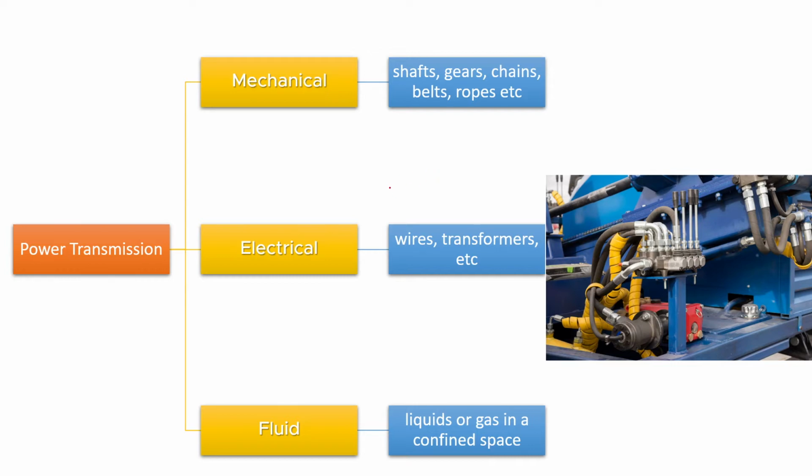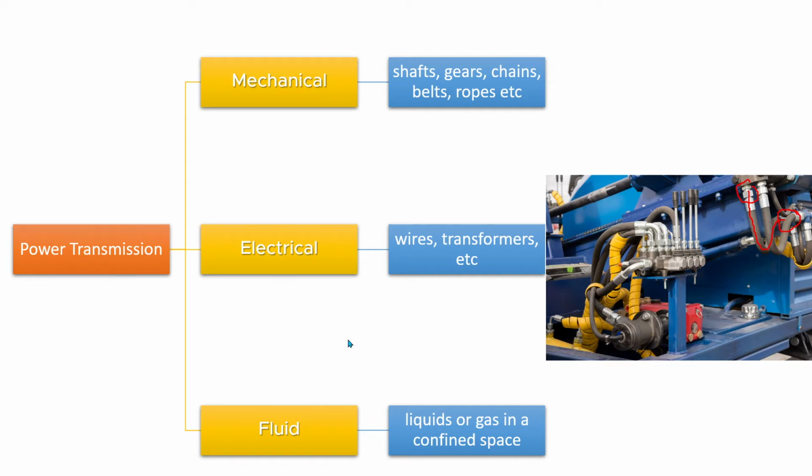Like if I am having this pipe, this is the hose which is available. Now over here the power is coming, the fluid power is coming, the fluid pressure is coming and it is being transmitted through this hose to the second end. So in this case we use various kind of controlling device, we use various kind of power generation device, or we are using various kind of actuator devices, and we are going to study this specific part of fluid power engineering in this specific subject.